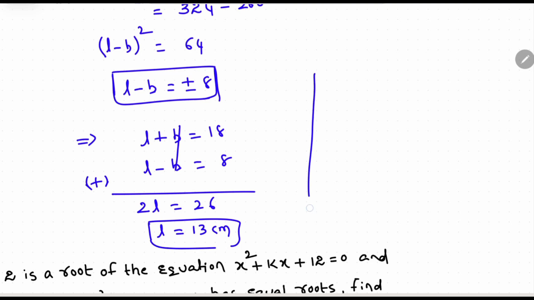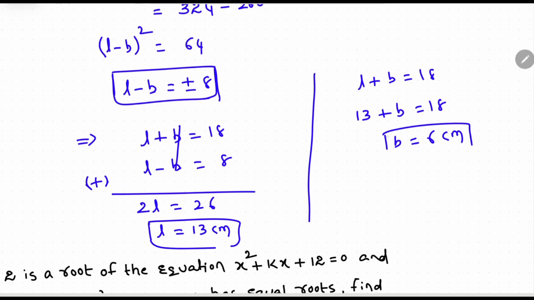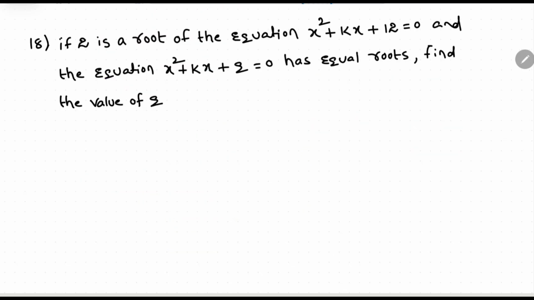Now to get the B, we have equation 1, L plus B equal to 18. So when you take L as 13, 13 plus B equals 18. On subtraction, 18 minus 13, it will be 6 centimeter. So length will be 13 centimeter, breadth will be 6 centimeter. That is the answer. So in the given problem, we have